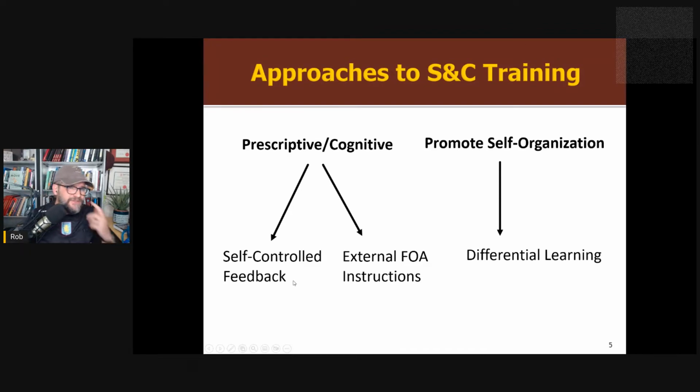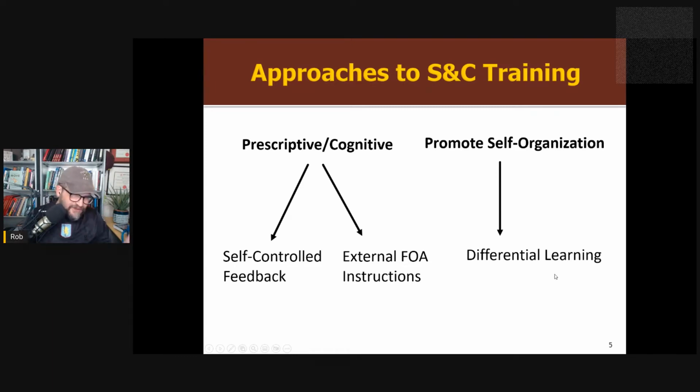So in their study, what they're going to do is show people a video of how to do a squat. You do a squat and then you ask for feedback. When you ask for feedback, it's going to be corrective, like you went down too deep. So it is prescriptive. The other condition they're going to have for prescription is external focus of attention instructions. So we're going to give you instructions on how to perform a squat, with an external focus: move towards that cone, push away from the ground. Both of them are designed to get you to perform a particular technique.